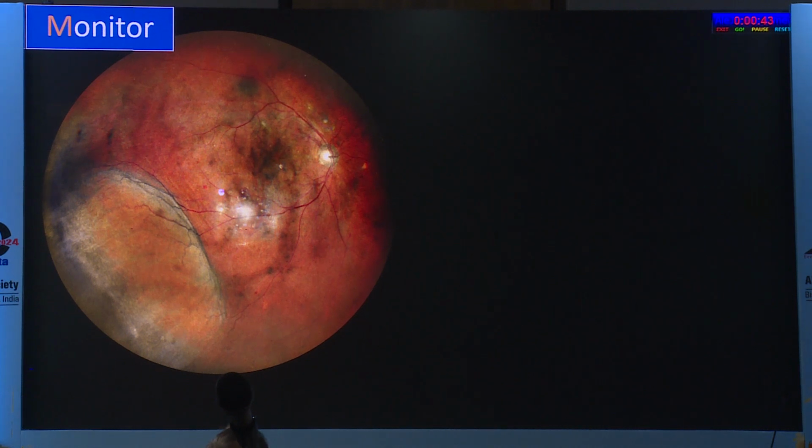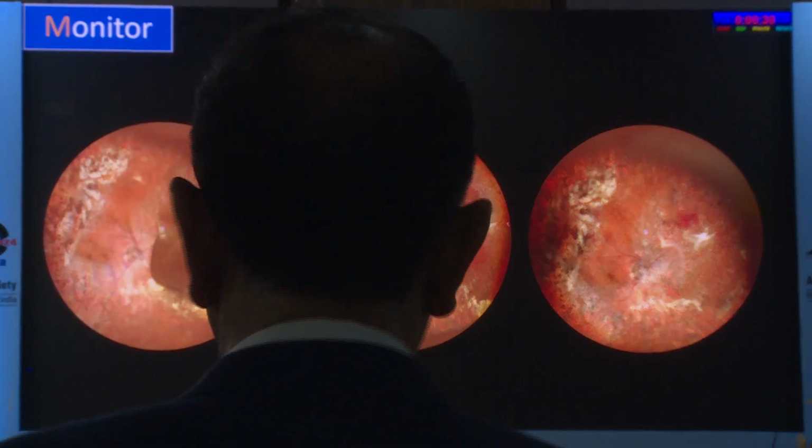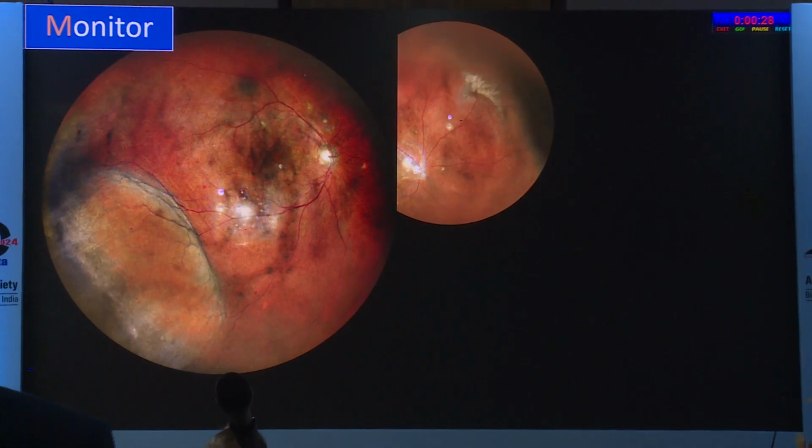This is another interesting case where we gave an intravitreal injection for this diabetic macular edema patient 2 months back. 2 months later, he presents with sudden decrease in vision. You can see a massive choroidal detachment. You can see the ora serrata so clearly in this. Such a beautiful image though, not so good for the patient. Supranasally, I could see areas of